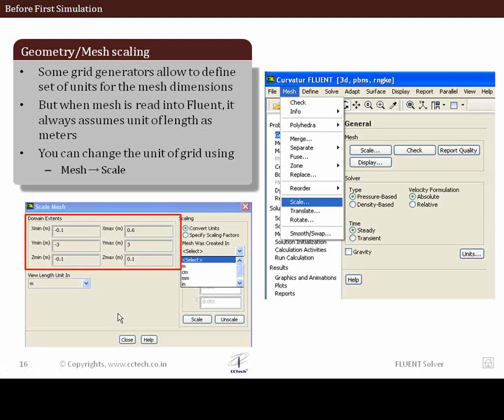When you read in the mesh, it is to be noted that Fluent internally understands the mesh you have provided as if it had been created in meters, even if in the pre-processing stage I was operating with a different unit system. Because Fluent deals with the SI unit system, it understands everything that you provide to it as created in meters. So let's say I created a room dimension in feet,